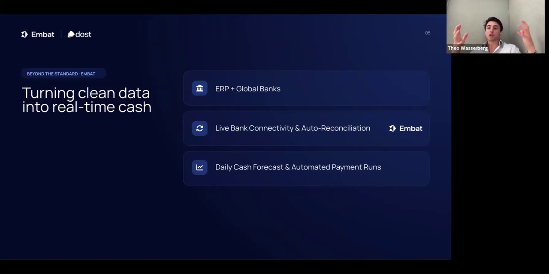So partly it's getting really good AP/AR data, partly it's giving some predictive analytics, and partly it's having a user workflow and interface that makes all of that dramatically easier and is held in a live way, and you can do forecast against actuals and all of the things that are really difficult to do on a static Excel. And then really the last bit of the puzzle is payments, because the other thing going the other way is that once you start exporting batches, it's another CSV coming out of the ERP, people logging into their 5 different banking providers, uploading a CSV.